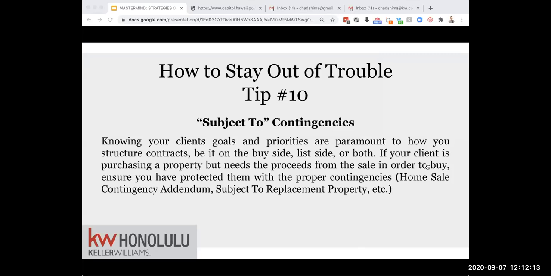So we're not saying not to do dual agency. It's really up to you, but you have to handle yourself a certain way. You really have to dot your I's and cross your T's if you're doing dual agency. As Tony mentioned,